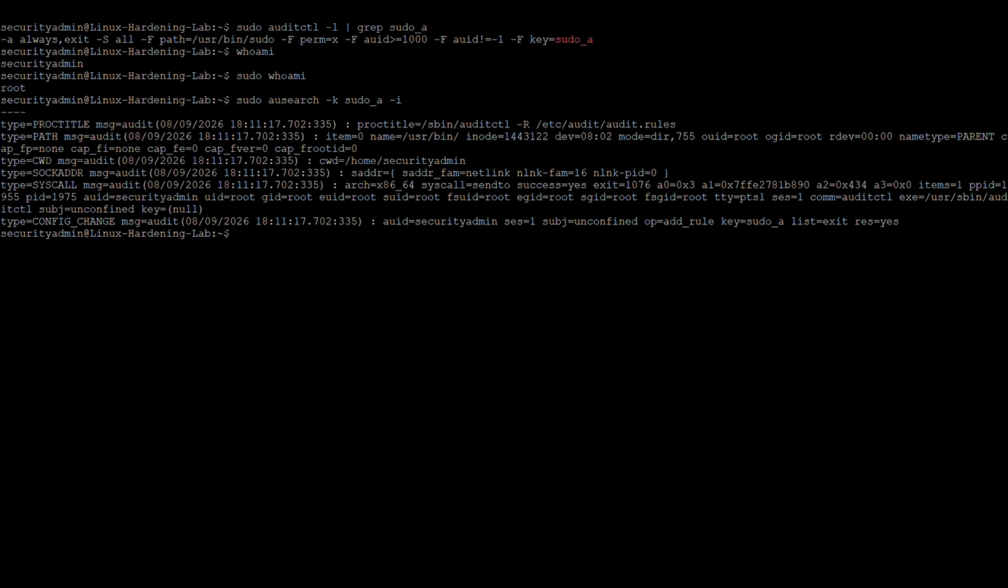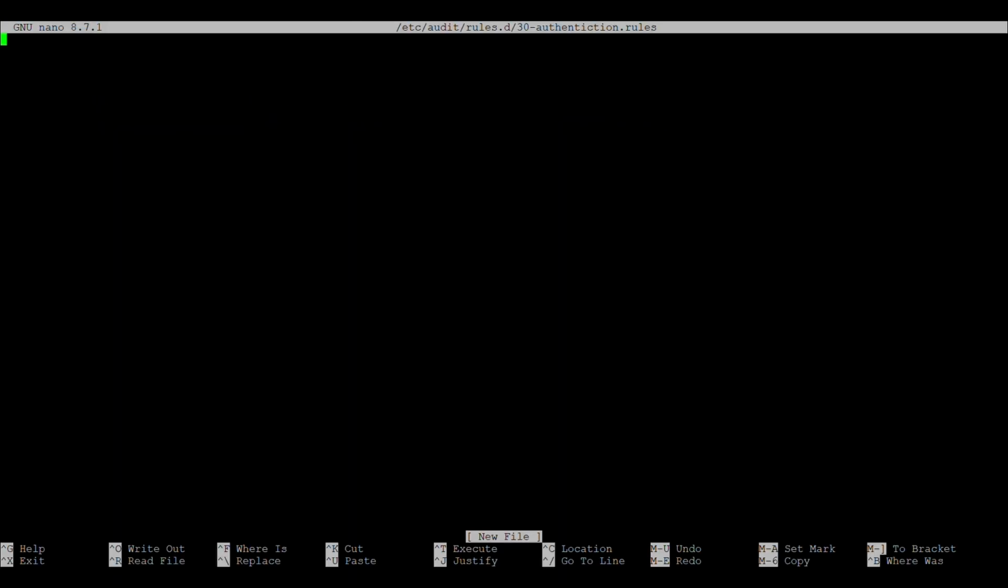Now that we've tested sudo activity, the next area we need to monitor is authentication. Authentication is a critical security boundary because attackers may attempt to manipulate authentication configuration, create persistence, or interfere with login controls. I'll create a dedicated authentication rules file using sudo nano /etc/audit/rules.d/